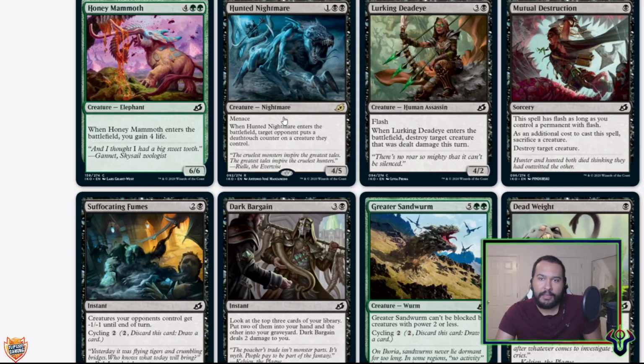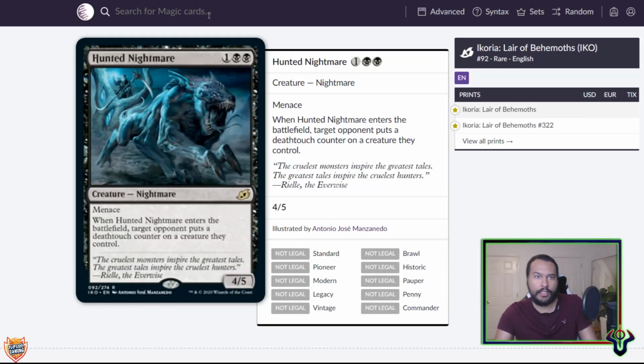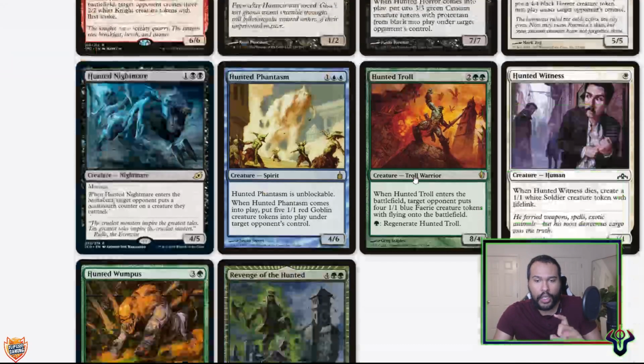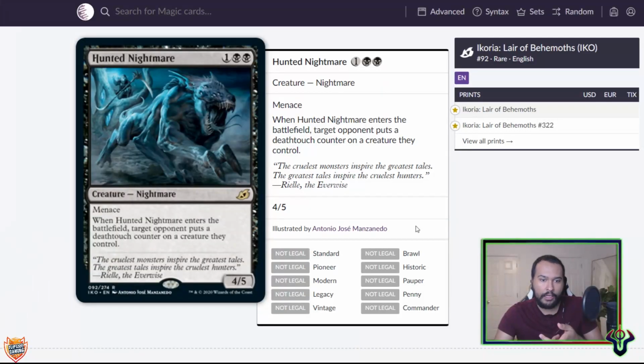Hunted Nightmare. This is very similar to the other Hunted cycle that is in OG Ravnica, I think. Yeah, so we have things like Hunted Dragon, Hunted Horror. All of these, when they enter the battlefield, you give a boon to one of your opponents. Hunted Nightmare does the same. Target opponent puts a death touch counter on a creature they control. But this has Menace. This is a 3-mana 4/5 with Menace that can give one of your opponent's creatures a